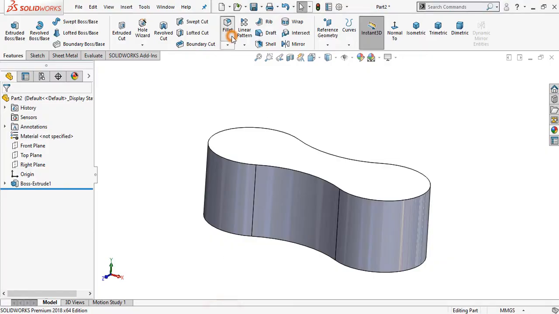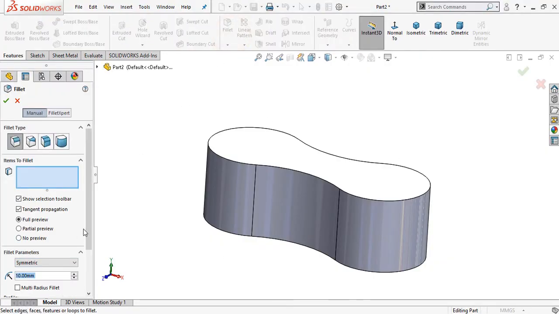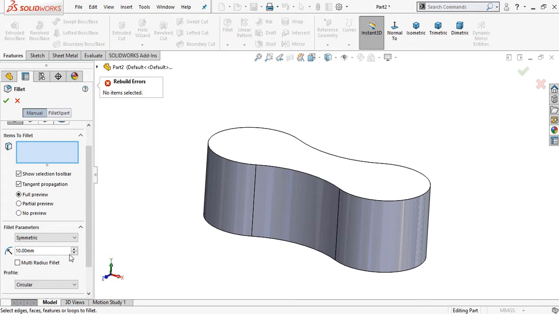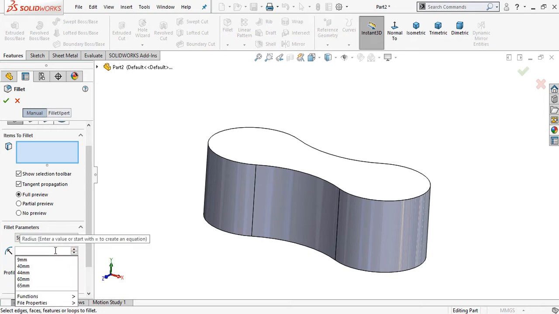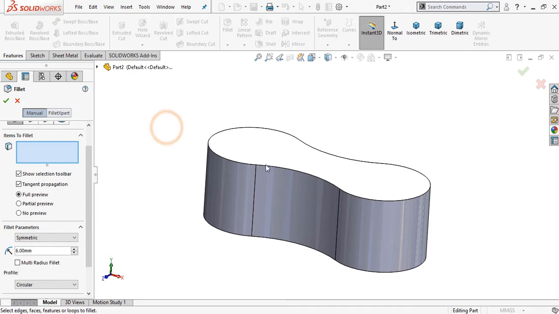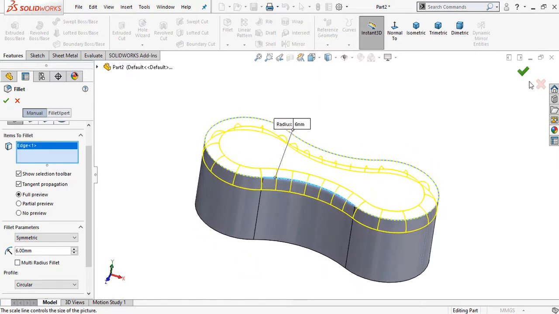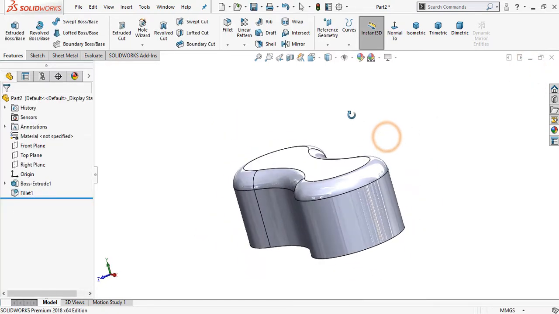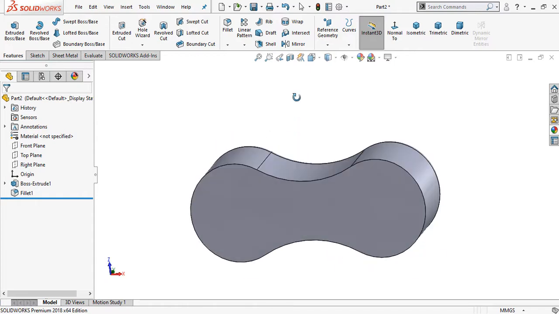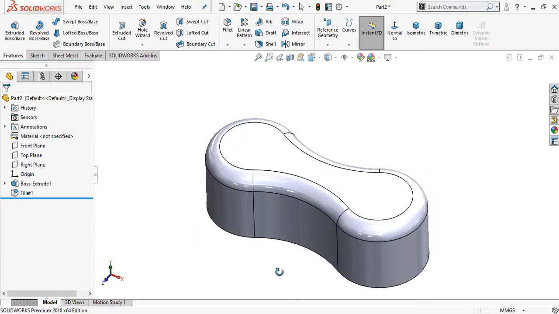Now select fillet. Make the radius 6 mm. And select this edge. Okay. Now this time select shell feature from here.